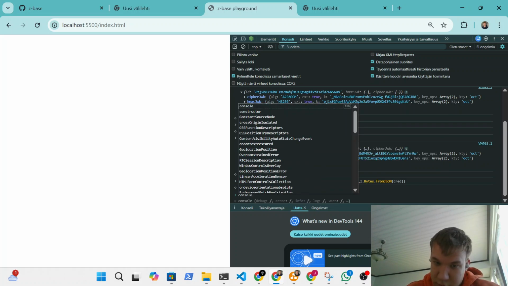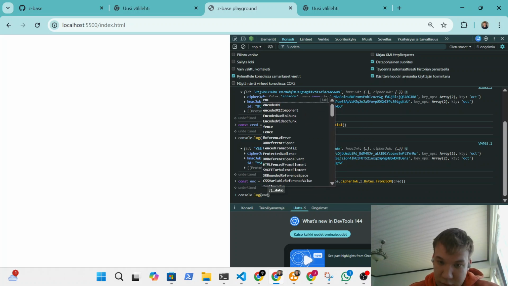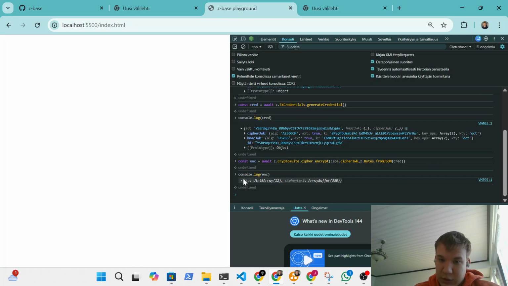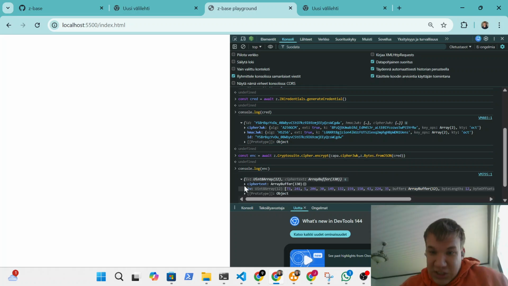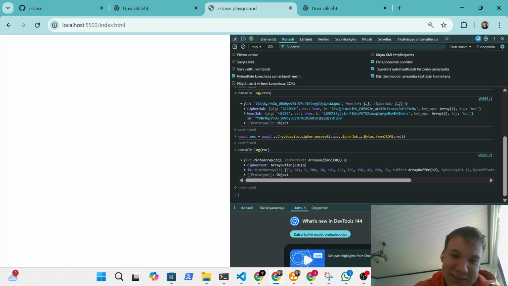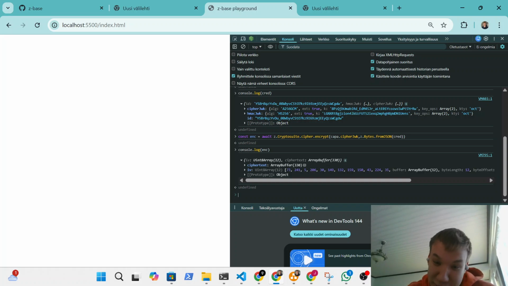Now if we console log this encryption thing here, yeah, we have a JSON result. Advanced encryption standard Galois, yeah, it's just a Galois curve something, I don't remember what it stands for,